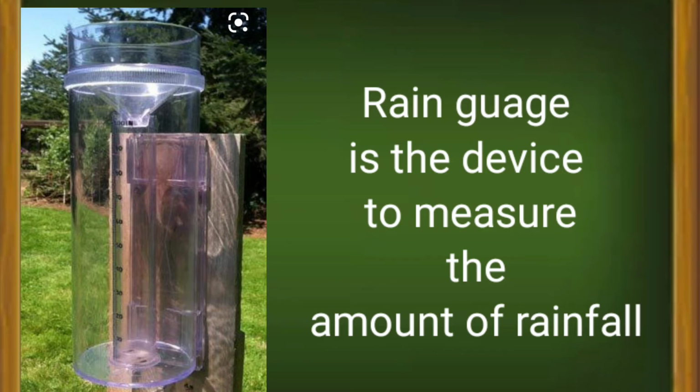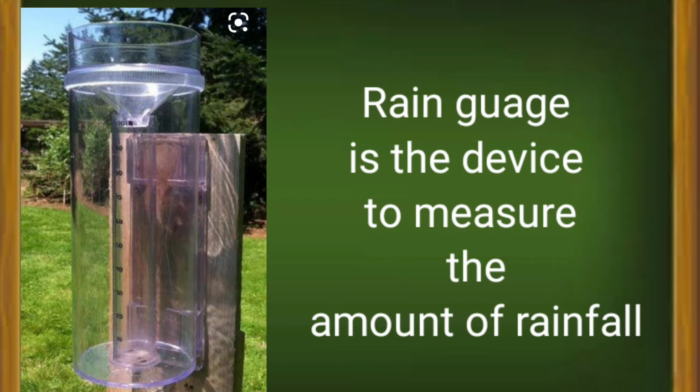The next instrument is the rain gauge. It is a device to measure rainfall. A vessel is put in the cylinder to collect rainwater and a funnel is fitted on the top. So the rainwater gets collected in it and finally the collected water is measured with the help of the measuring glass. The amount of rainfall is measured in millimeters.